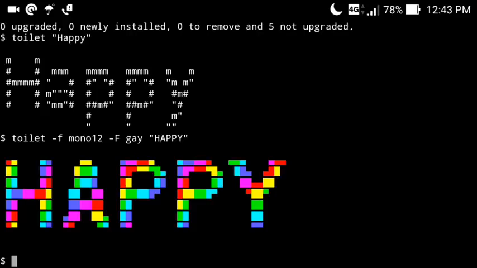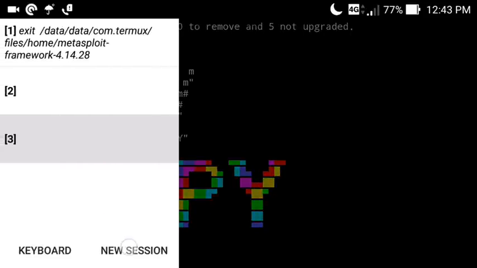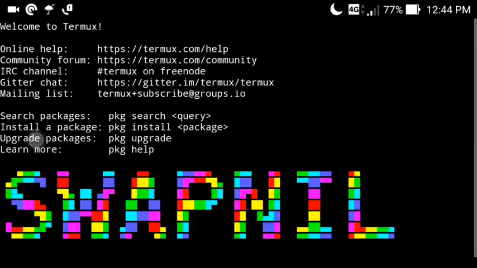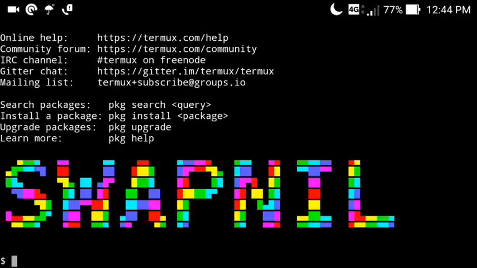Now you can see it's showing that particular text in a different manner. Now I have a color to my text, and in the same manner I used it in my new session. Here you can see this thumbnail text is written by using that particular command. So you can also show your text in this format by using that particular command. So now let's jump to the next command.